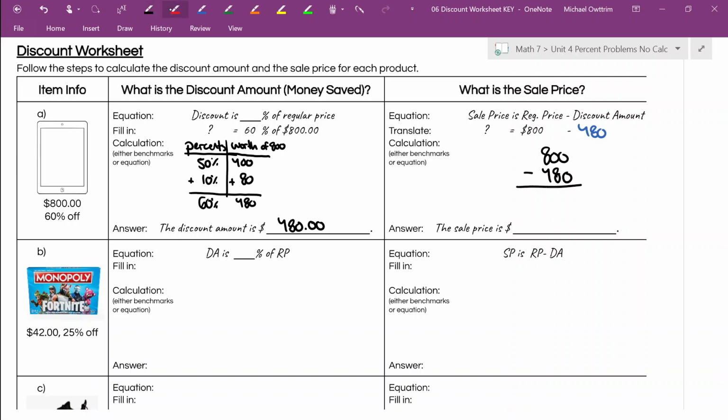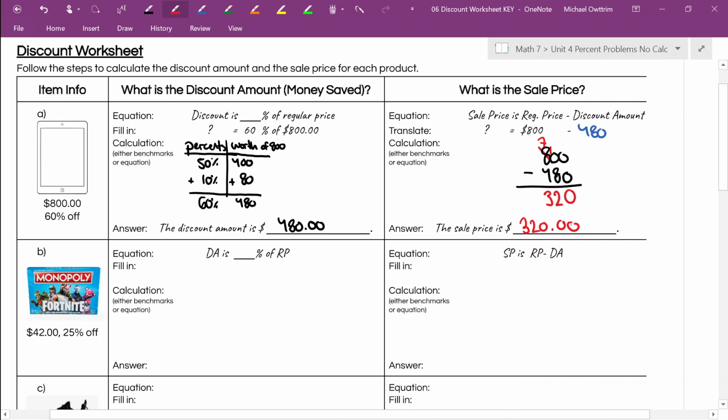To do this, we are going to need to borrow. 0 take away 0, that part's easy. To do our next digit though, we'll need to borrow. 10 take away 8 is 2, and 7 take away 4 is 3. So our sale price is